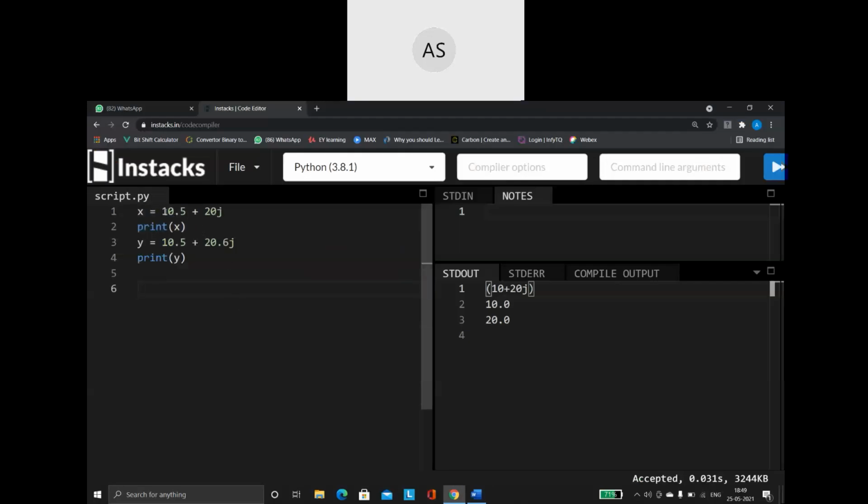See here what I'm giving. I have given the real number as a floating point. In this example, I'm using both the real number and the imaginary number as floating point values. Let me execute this. As you can see, both are accepted. Yes, it accepts integer values, and yes, it accepts floating point values.